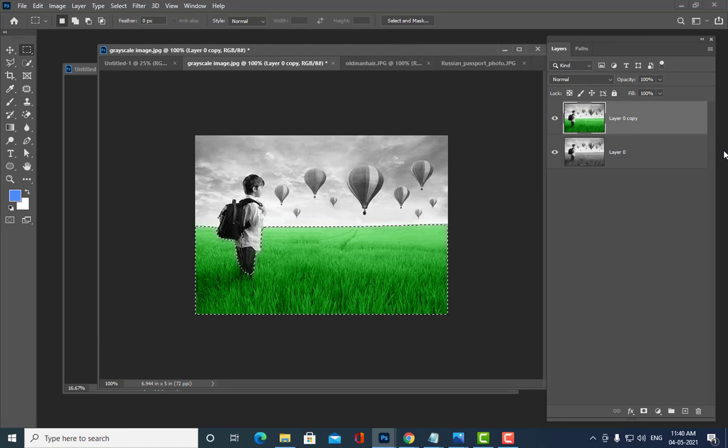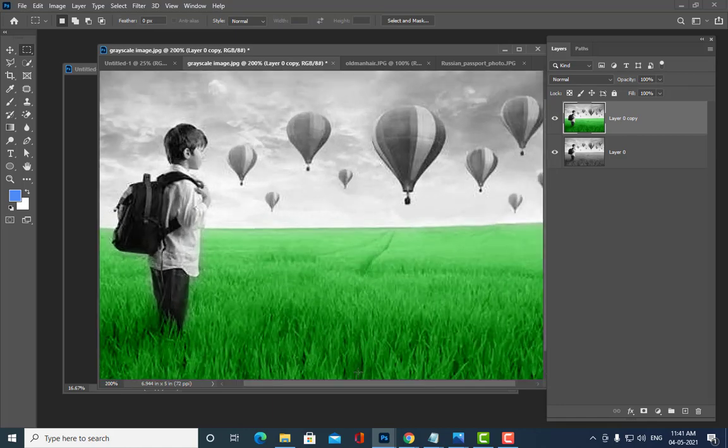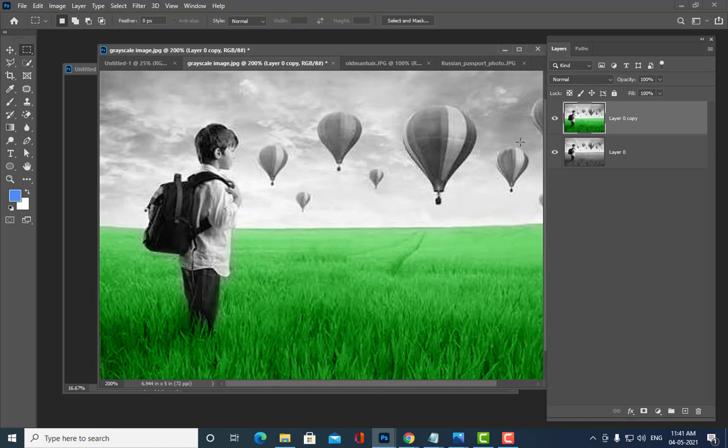But having said that, I will not say for colorizing every object or every element in the image you have to use Color Balance only, because I think for balloons Color Balance is not the right option. Balloons are having multiple colors, so it is not a good idea to use Color Balance for them. Blending mode is the right method. But for other things, let us say, if you want to colorize his pants, we can use this Color Balance. So again I will just draw a selection.